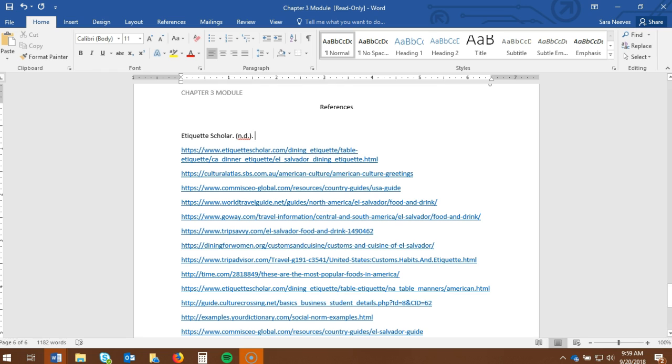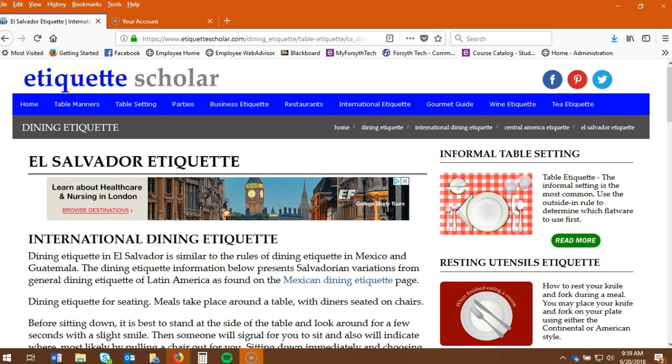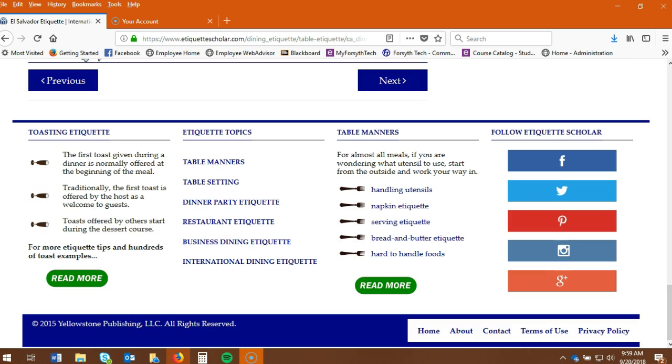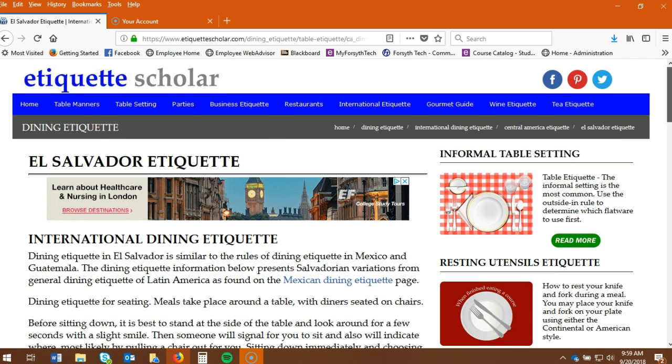The title, and some people would go back and forth about who the author could be. I could see that you could argue that Etiquette Scholar could be listed as the author. You could also sometimes argue that Yellowstone Publishing would be the author, but I typically use whoever is listed at the top or in the URL. That typically is a way to find the author, or something that would be used in the author category. So I'm going to use Etiquette Scholar as the author, and then I'm going to use El Salvador